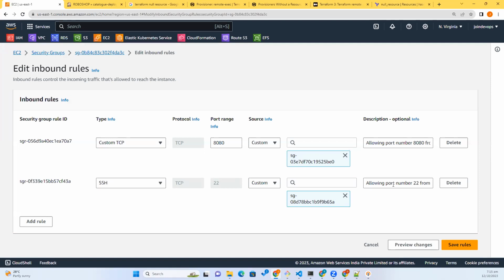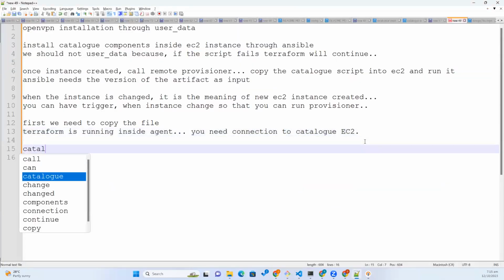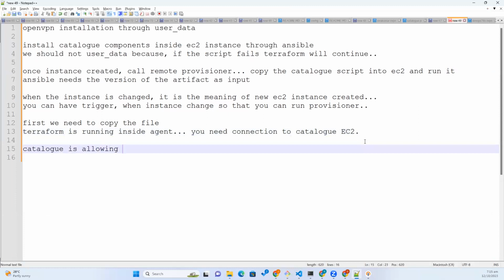Catalog security group is allowing port number 22 from VPN. Is it allowing the agent? It's not allowing the agent now. Here, if you can see, catalog is allowing traffic on port number 22 from the